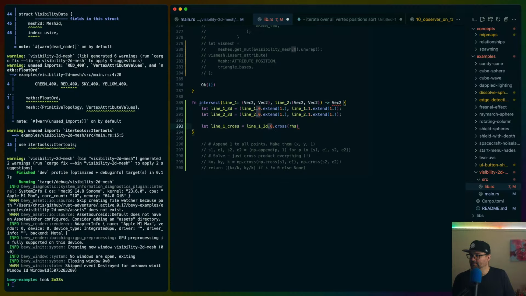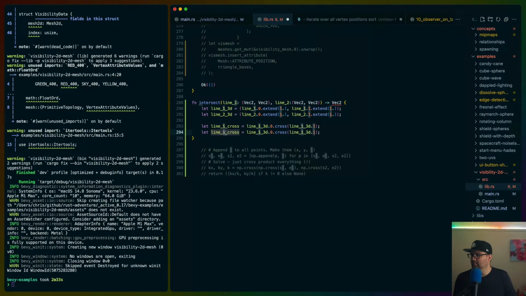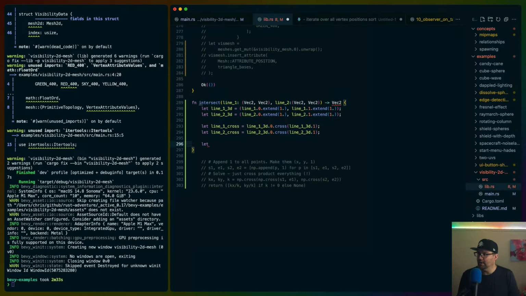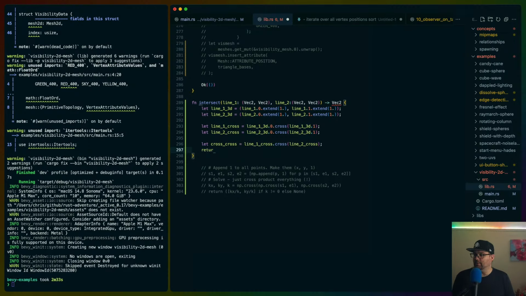Wait a second. Yeah, line 1 dot cross, line 1 3D dot 1. Cool. And then this is going to be the same thing for the other one, which ends up with their little Ks for line 1. Let, these names are terrible. Right. So we end up with a vec3, and then they want to return